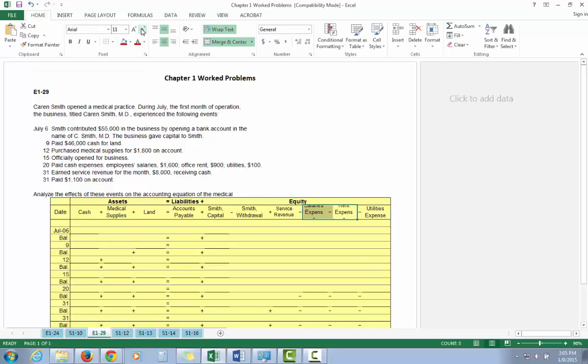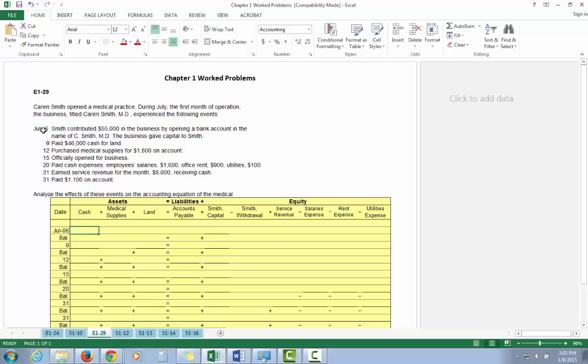Okay. So all the expenses reduce equity along with withdrawals, and then the capital account and service revenue increase our equity. Okay. So these transactions they give us are for Karen Smith, and it says she opened a medical practice during July, the first month of operations. She experienced the following